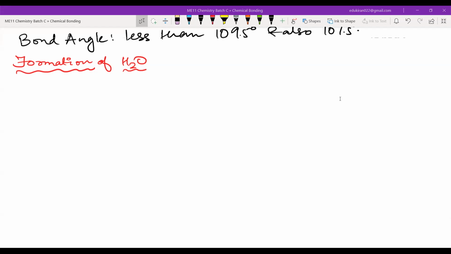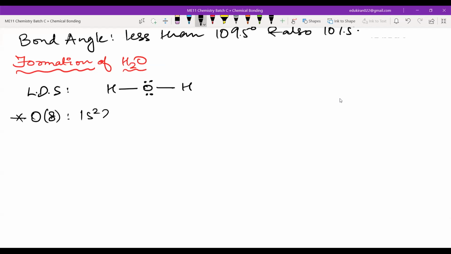Okay guys, yes or no? Yes, sir. So how will you do this? You will first of all write the Lewis dot structure. So what is the Lewis dot structure? You will have hydrogen, you will have oxygen, you will have another hydrogen, and you will have lone pairs like this. Now next you will choose the central atom. What is the central atom? Oxygen. Then you will write the atomic number for oxygen, and after that you will write the electronic configuration: 1s2, 2s2, 2p4. Next you will write the ground state of the valence shell subshells, that means the s and p.